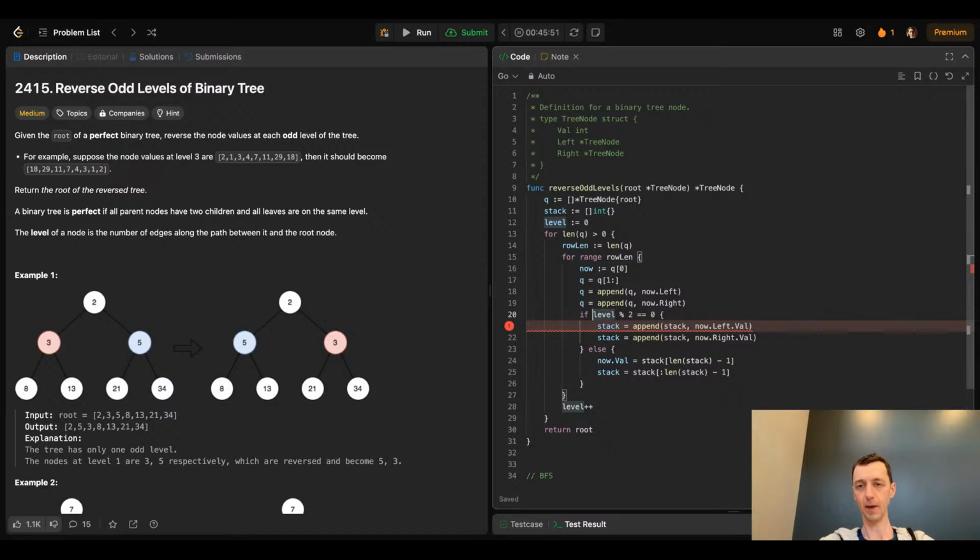If there is no left, there is no right, then we don't need to do that at all. Yeah, because if it's the last row like this here, what will happen,